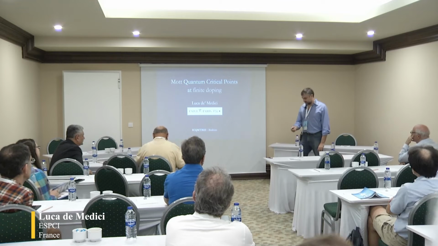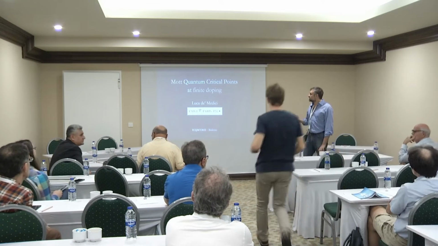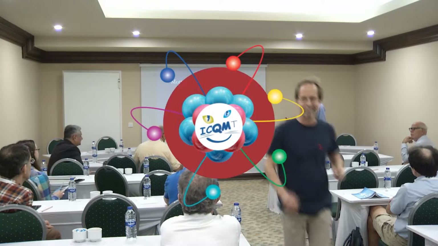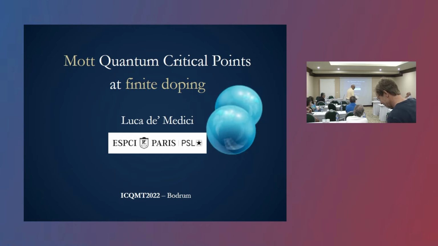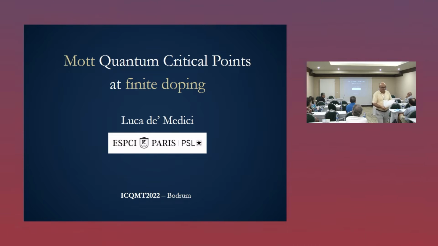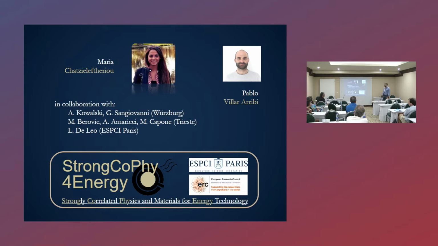Okay, thanks again to the organizers for inviting me, and I will discuss here some strong coupling physics. In some sense, it's a Mott transition in multi-orbital Hubbard models, and its first-orderness in some situations. And what is the effect on the doped phase diagram in these models? Then there is a clear link with Hund's metals and iron-based superconductors in some material studies towards the end of the talk. You will also see that there is an analogy with the physics of the cuprates, even though these, of course, are single band materials.